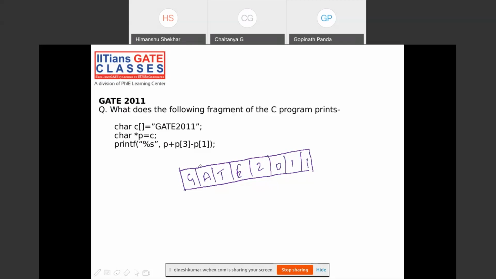GATE 2011, right? So this was the index 0 1 2 3 4 5 6 7. Okay, so P of 3 was E. And P of 1 is A. So if I'm told to subtract the values of P1 from